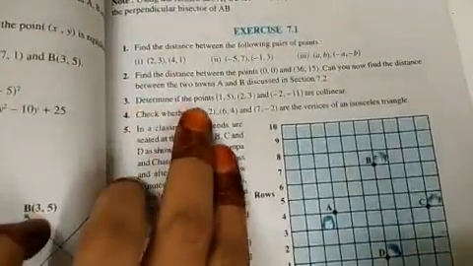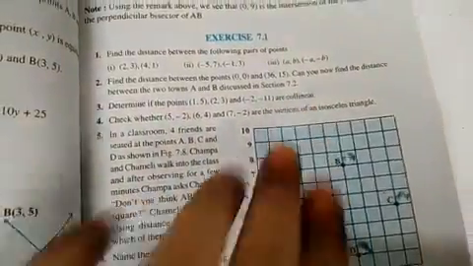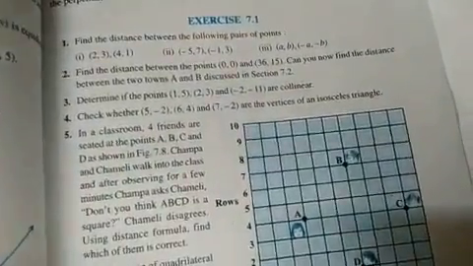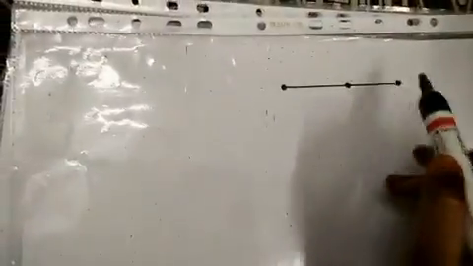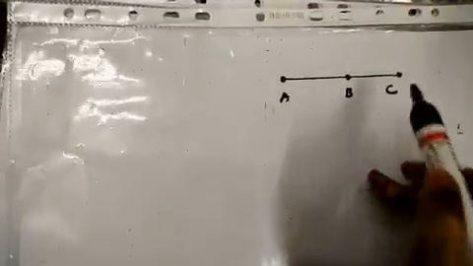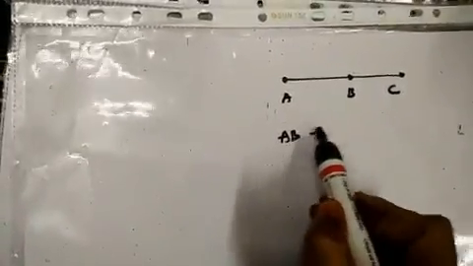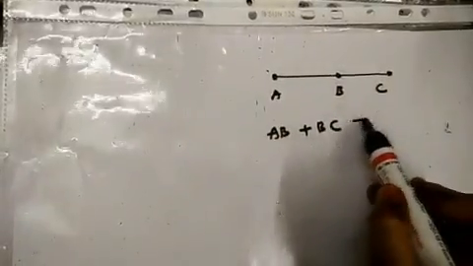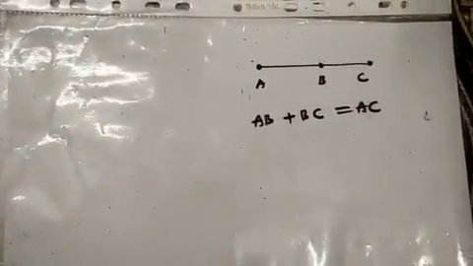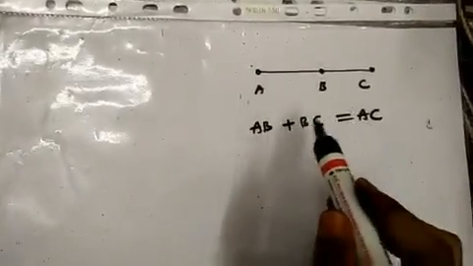Now let's go to question number 3. In this question number 3 he says determine if the points, these 3 points are collinear. Always remember when he says the word collinear, collinear means lying on the same line. Okay? So when the 3 points are lying on the same line, so don't you think the distance between them will be equal? Like for example A, B, C. If I am trying to show these points on one line only, so AB, the distance between A to B, and B plus C will be equal to the whole length of AC, isn't it? So like this we have to prove the collinearity of the points.